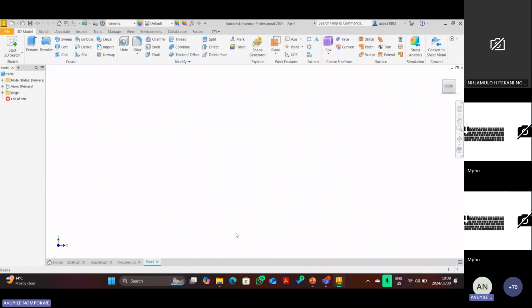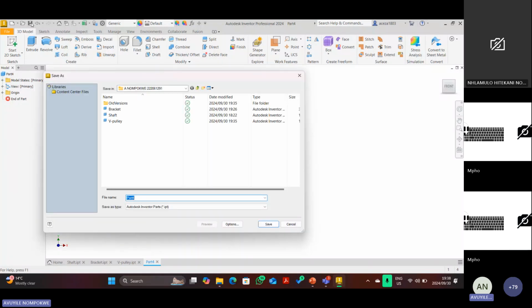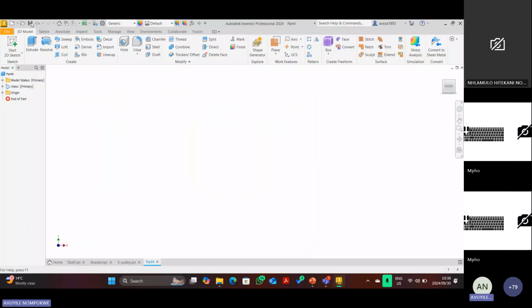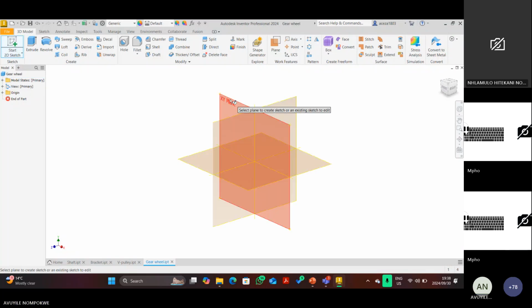And before drawing, you save that file. And what is it? It's a gear wheel. Okay. And then start a 2D sketch, here, XY plane, and then